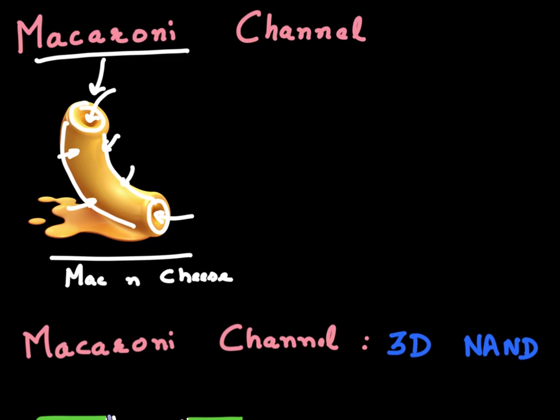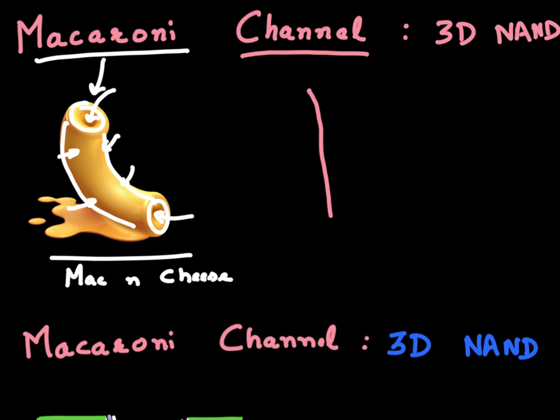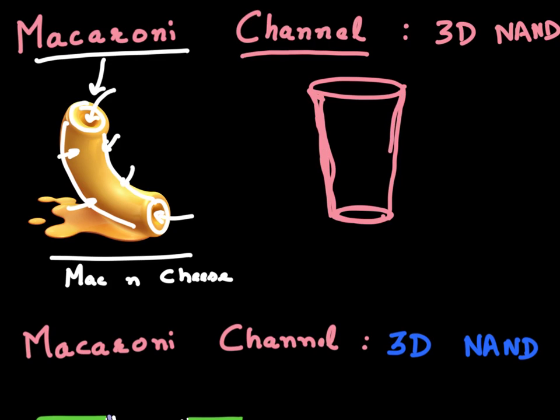Now, the reason I'm bringing this up is that the channel which is used for making 3D NAND almost universally also follows this macaroni design. So what does it consist of? It consists of this polysilicon channel, and it follows this macaroni design, and it's laid out in this tube which is hollow, and